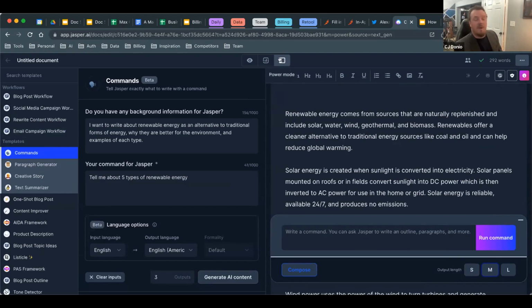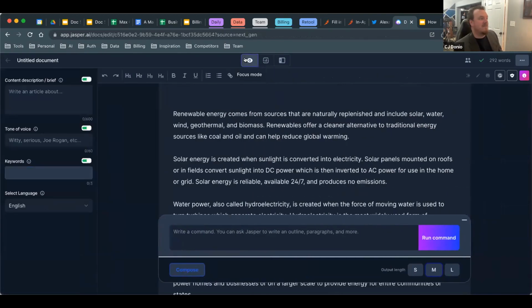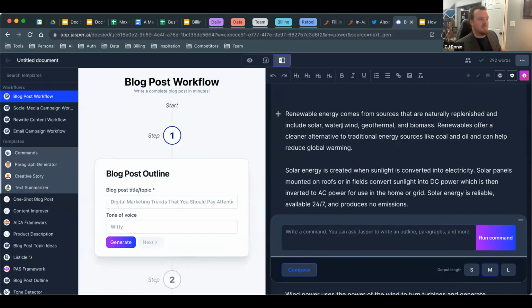So we've entered what's called power mode. So there's kind of the basic, okay, let me just focus, let me just edit my document mode. We call focus mode. And then there's, okay, let's party to the fullest extent of power mode.